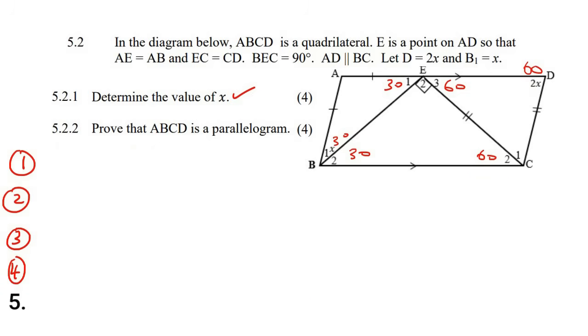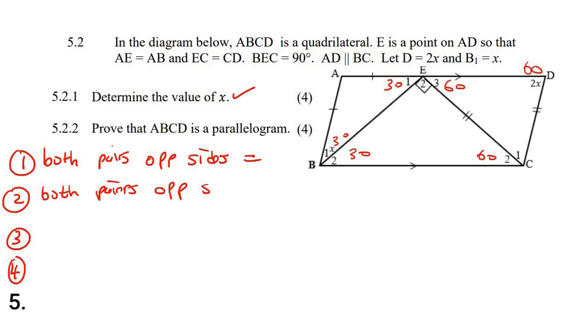You either need to prove that both pairs of opposite sides are equal. So you have to prove that these two sides are the same, and then you have to prove that these two sides are the same. Okay, that's what that means. So you have to do it for both pairs. You could also do both pairs